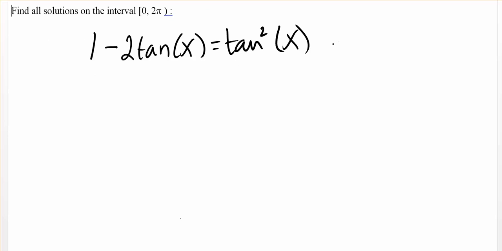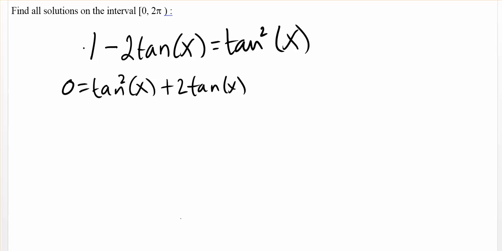over to one side of the equation. So I have 0 is equal to the tangent squared of x. I'm going to add 2 tan x to both sides, so plus 2 tan x. And I'm going to subtract 1 from both sides. So here I have a